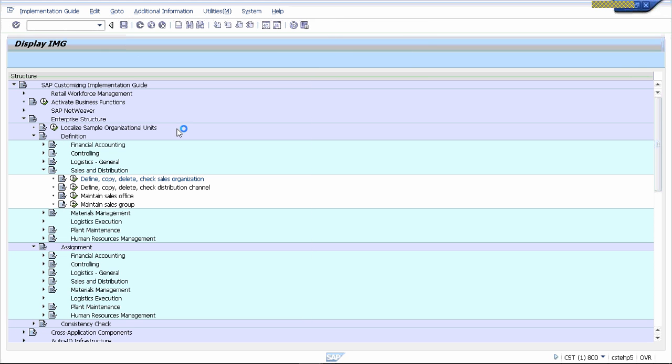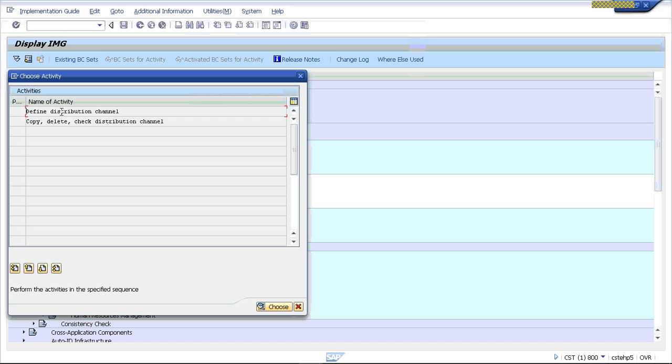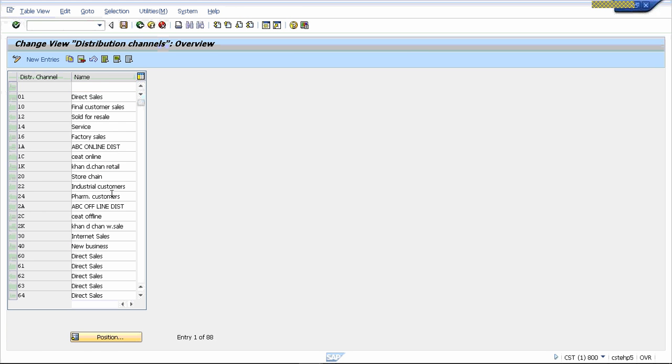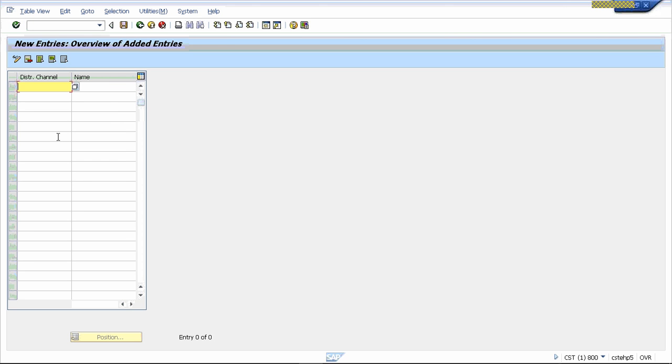Then we move to distribution channel. Define the distribution channel. Distribution channel is nothing more or less like online, offline. Is this customer calling in to make this order, or is this customer walking into the store to buy the order and pick it up right away, like cash and carry? So you go to new entry, you define your distribution channel, you give a 2-digit code, and let's say